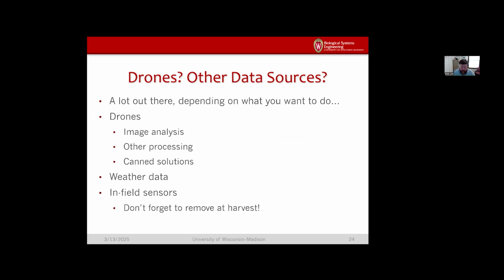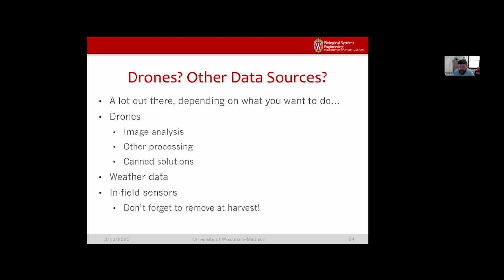Similar with weather data. On the in-field sensor thing, I have some experience with just measuring soil moisture and soil temperature. You put a little data logger out there, bury the sensors, and off you go. It continuously logs. That's a really good way to keep track of generalities around your field. If you have a high spot, low spot, any variations in topography, you're able to measure what's going on